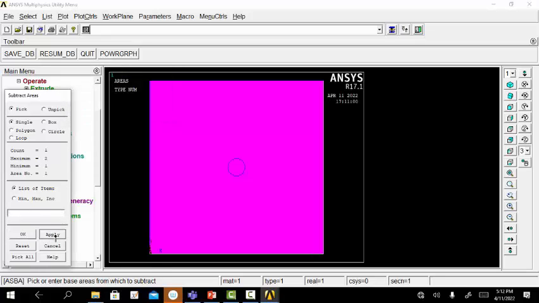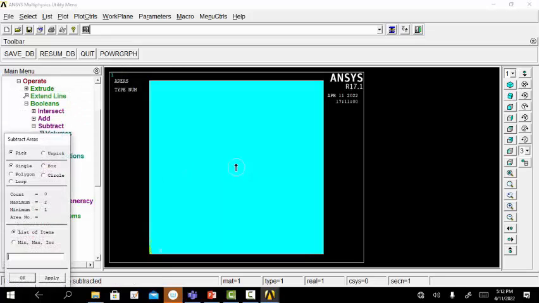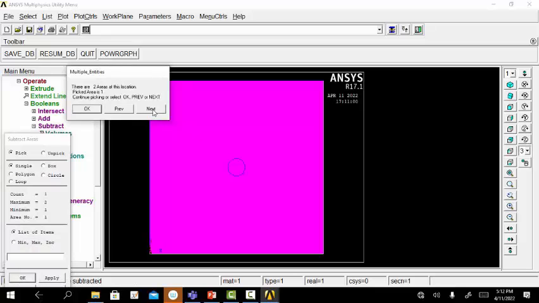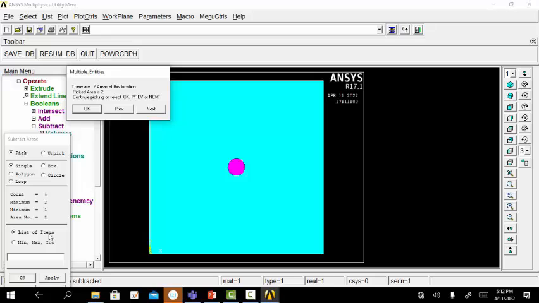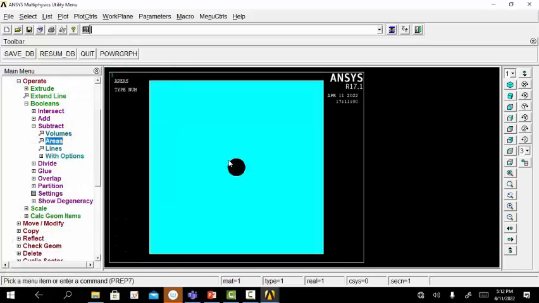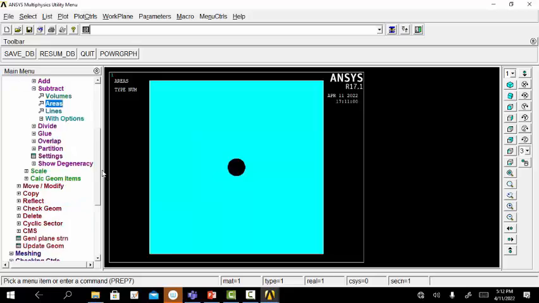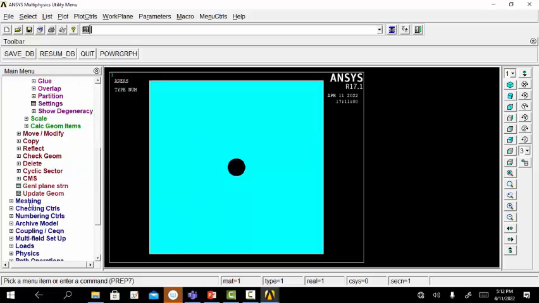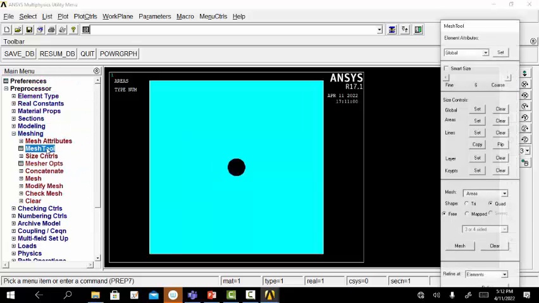Okay, apply. Then select the portion to be cut. The first portion has been selected, so to select the circular portion, click next and OK. So now the portion has been cut from the entire plate, so the circular hole has been generated now. Okay, then go to meshing, mesh tool,